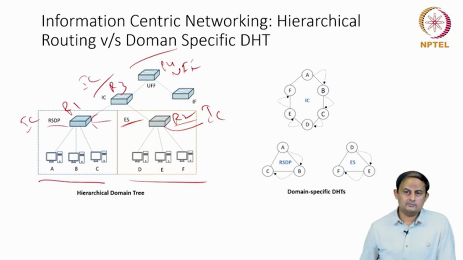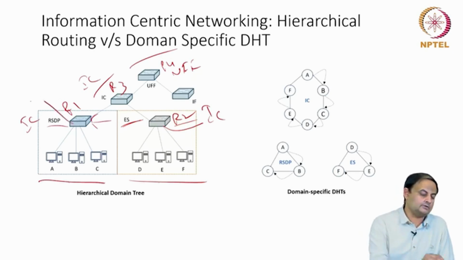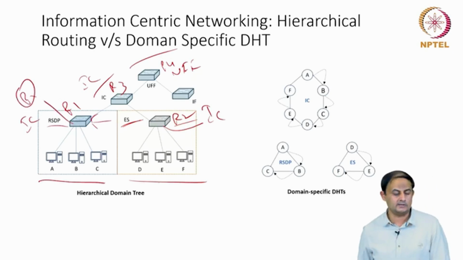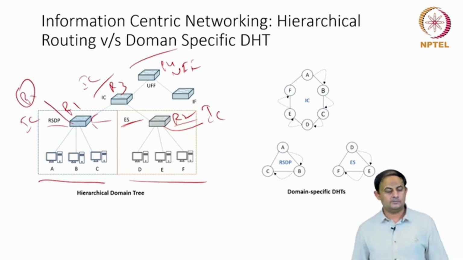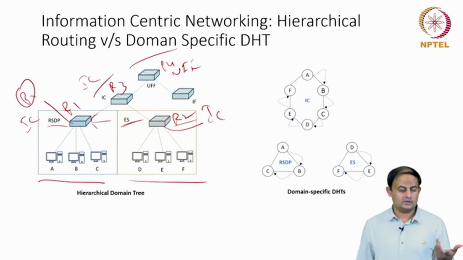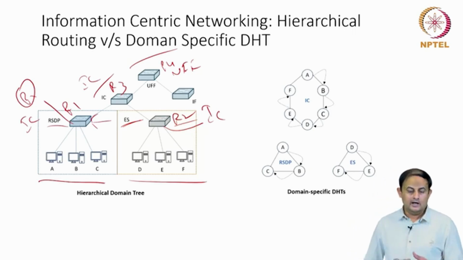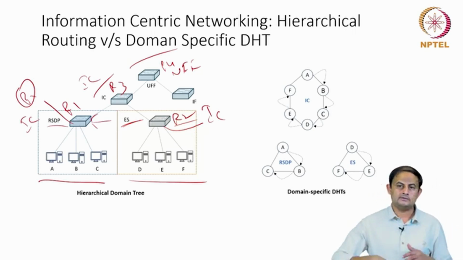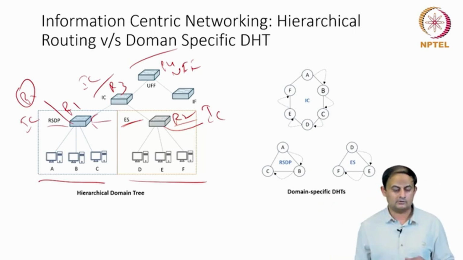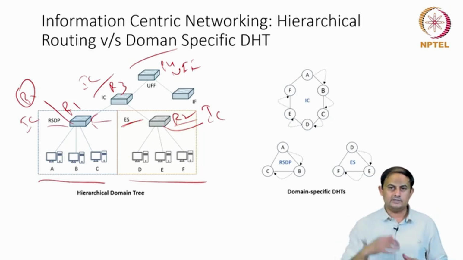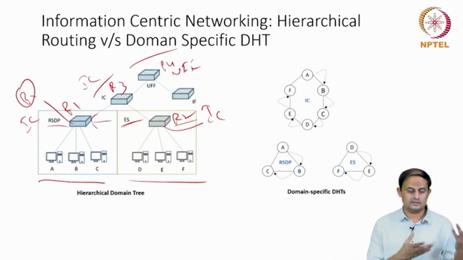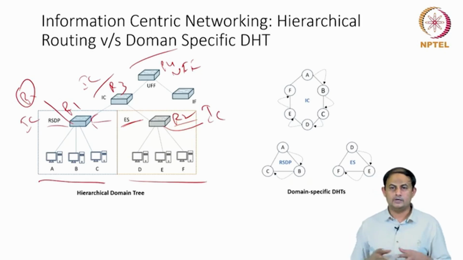So this storage mechanism works as long as the producers are directly connected to this. Any producer which is connected to, let's say P1, is producing the content with the prefix RSDP, and if this router R1 knows how to fetch content from that producer, then we are good. On the other hand, if the producer P1 is connected to this router R4, then all of these intermediate routers also need to have an entry corresponding to RSDP, because you need to forward those requests and get the content.